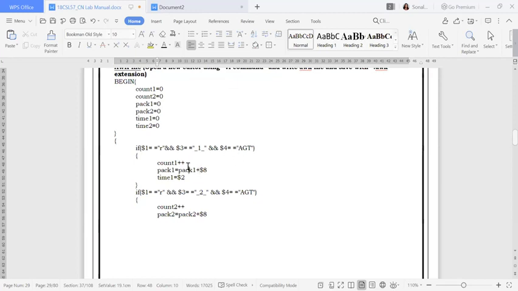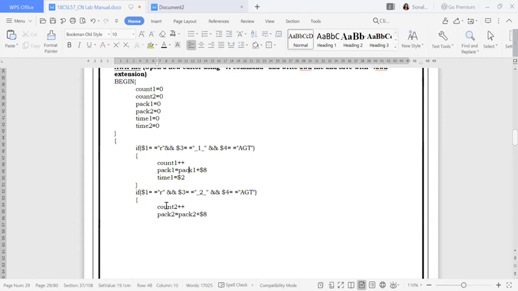That value is added to pack1 to give your new pack1 value. Then we have to calculate time1, which is $2. The time is saved in this field, so that time value is saved inside your time1.